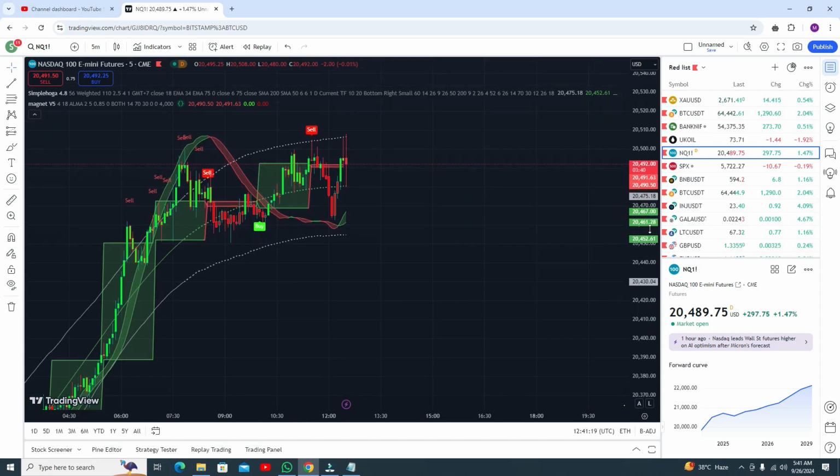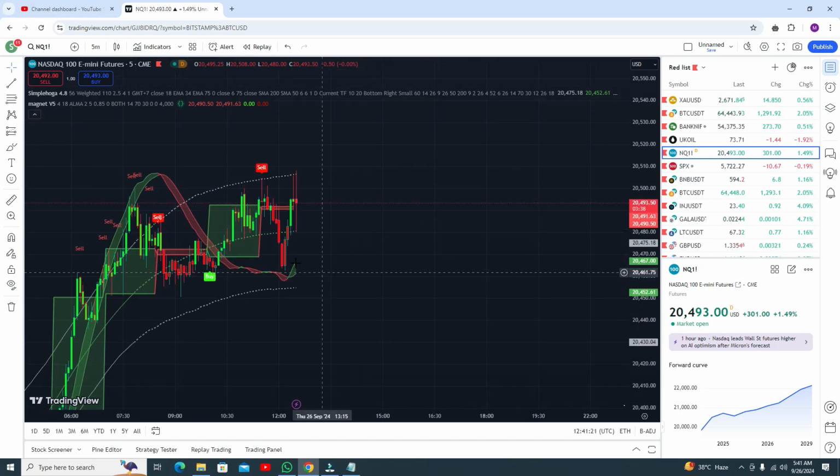In the Nasdaq you can see, watch it carefully. Here if you need, you can go for the sell trade, but if you go for the sell trade from this point, then remember you need to exit your trade. That is not a loss trade, that is a very small profit, maybe a few cents profit. Actually it's giving you some profit.